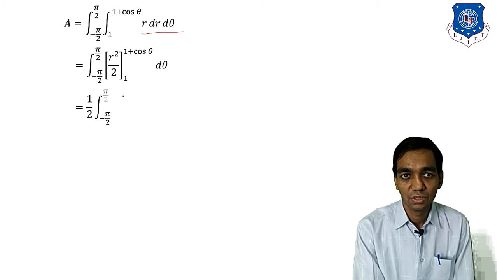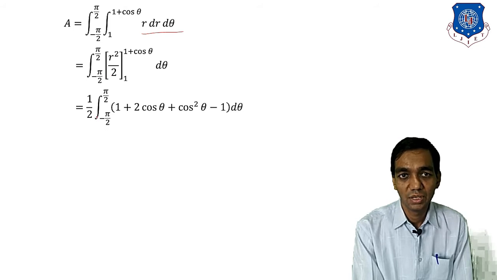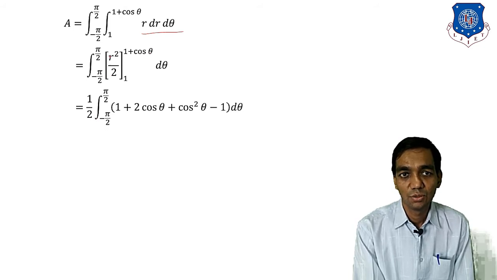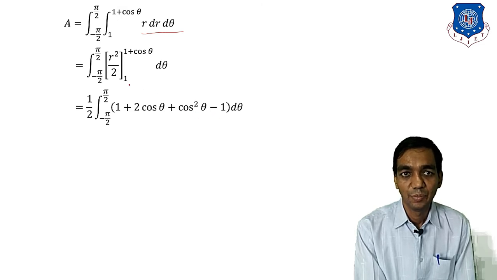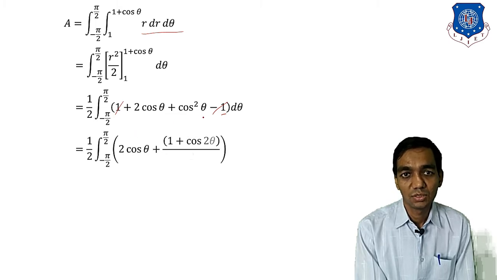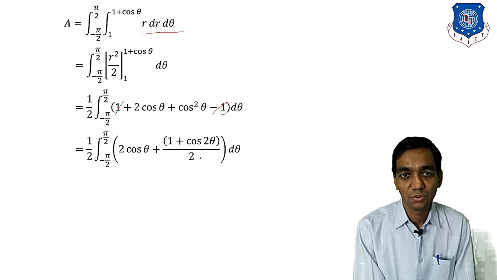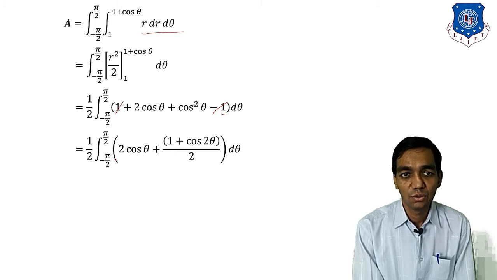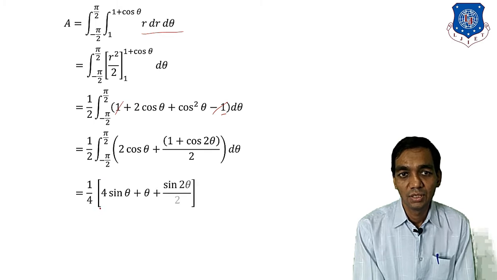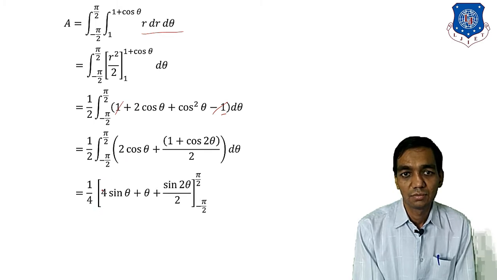If we are going to substitute the limits, then 1 by 2 comes out as a constant: 1 plus cos theta the whole square, that is 1 plus 2 cos theta plus cos square theta, minus 1, that will be 1. Correct? So 1 will be cancelled out, and you will have 2 cos theta plus cos square theta. But cos square theta will be replaced with (1 plus cos 2 theta) by 2. And now taking LCM, 1 by 2 common out, and you will have 1 by 4 into the integration